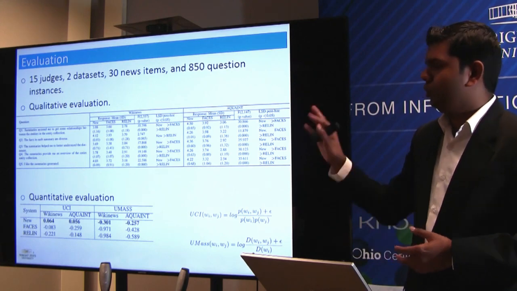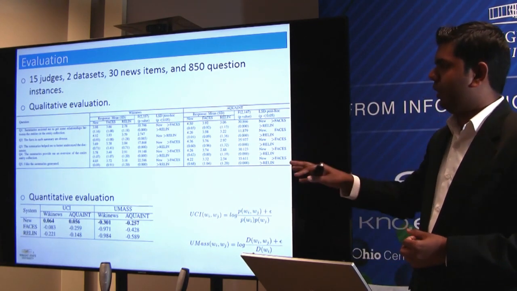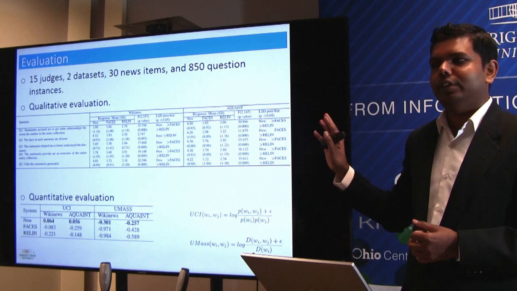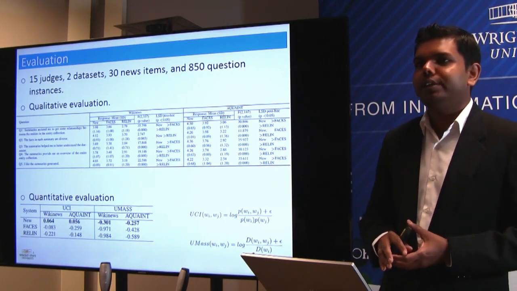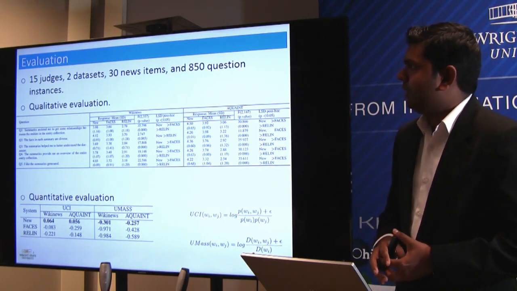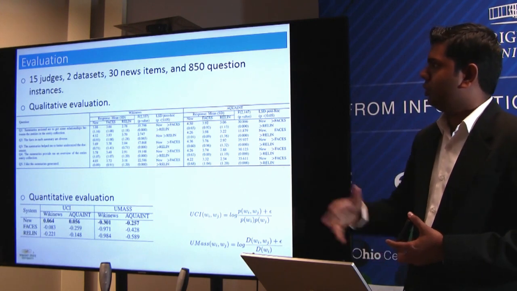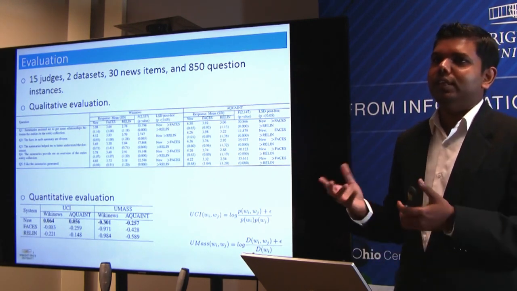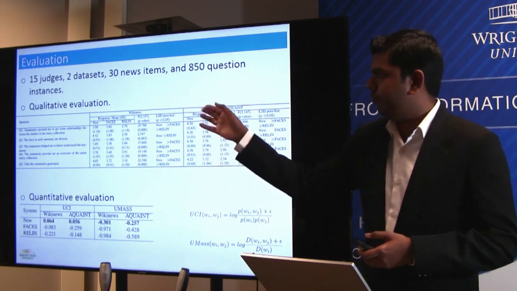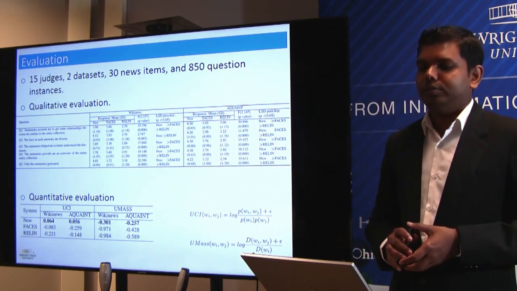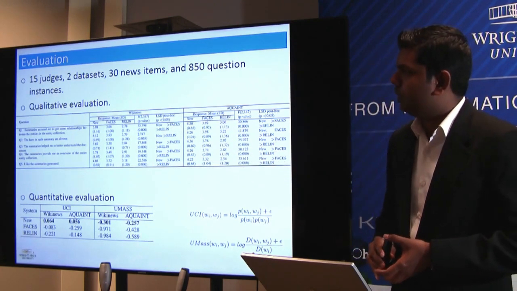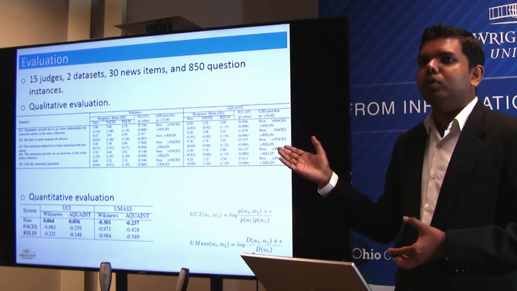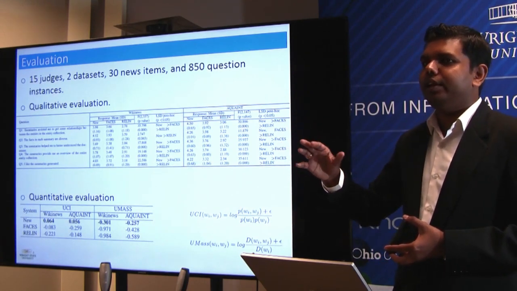We use two data sets, and I'm not going to explain all the details, so it is lengthy, but I put it here for completeness. We used two data sets and 15 judges, and then we used 850 question instances. So we are measuring this approach using 5 questions, because we believe that it is not fair